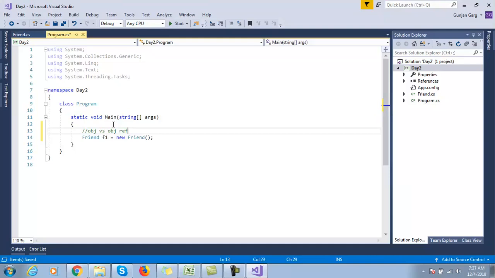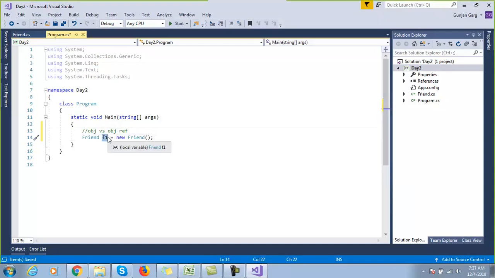Object and object reference. Now this f1 is the reference of the object. F1 is the object reference. It is not the object. This is the object of the friend class, new friend. Now what is actually happening is, when we say friend f1 is equal to new friend, then you